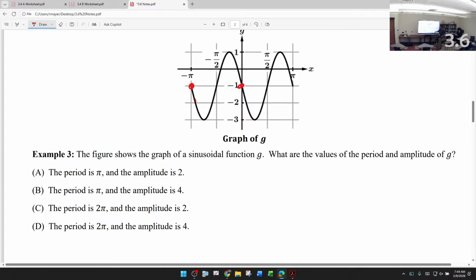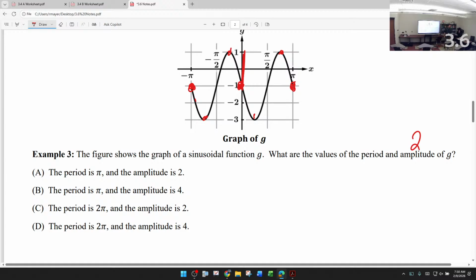And the amplitude always goes from the midline to the max. Negative 1 to 1, the amplitude is 2. The period is how long it takes to get through one cycle. If you want to go from here to here, that's one cycle. It doesn't matter where you go. Doesn't matter. If I want to go from here to here,